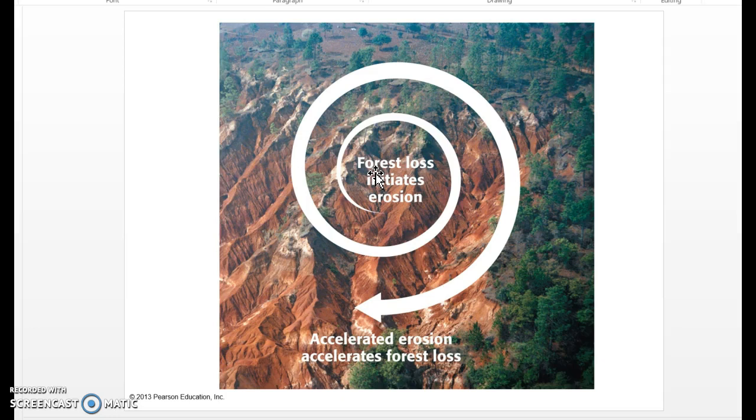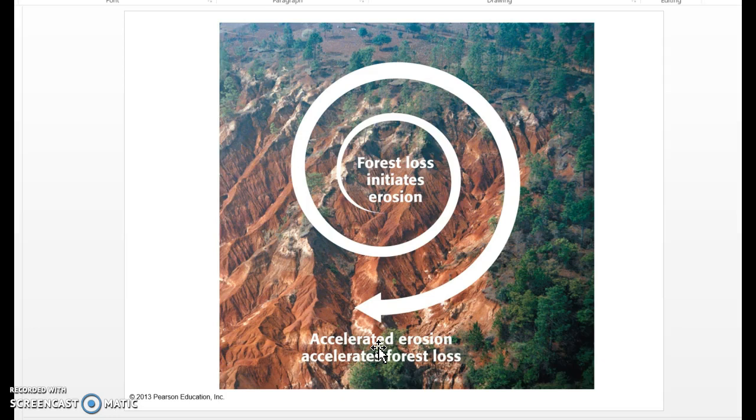Okay, and then what happens is accelerated erosion then accelerates forest loss. And the reason that happens is that when we have all these mudslides, because that soil is now eroding, it then wipes out more trees below where the clear cutting happened. So it's actually really bad, and this is why we call it a positive feedback loop. It reinforces that change, which is really bad,